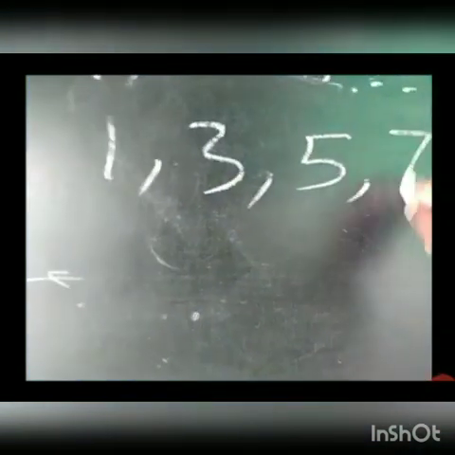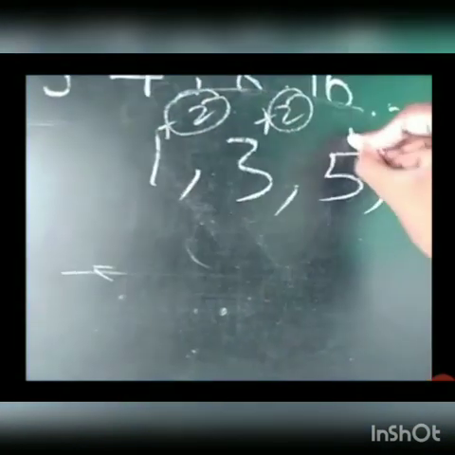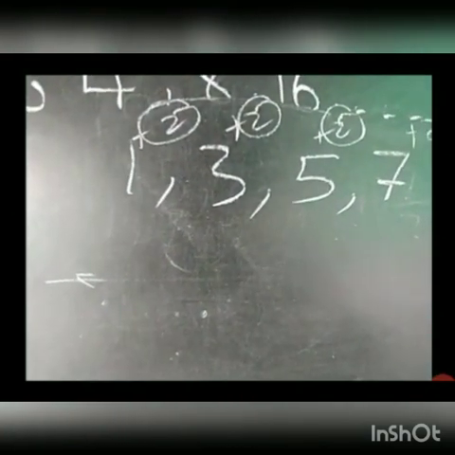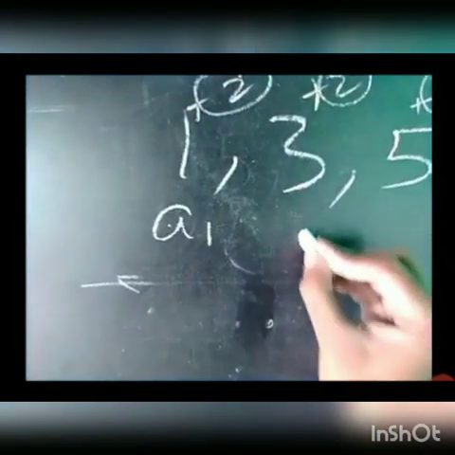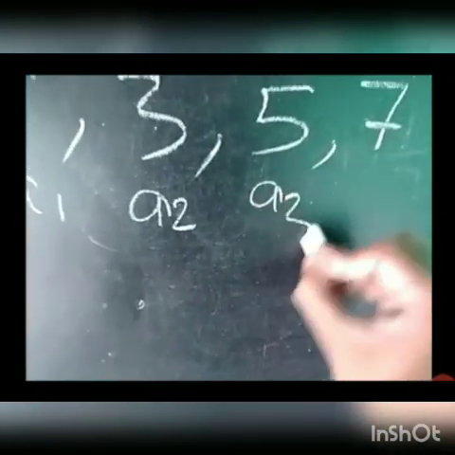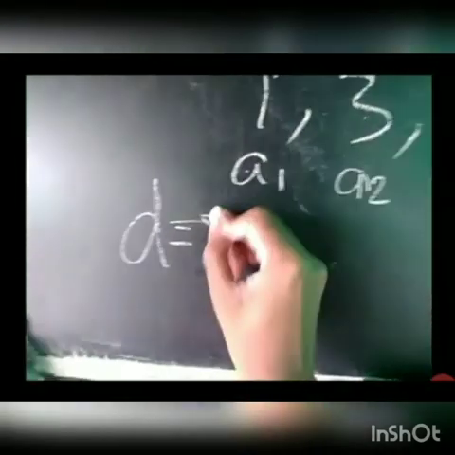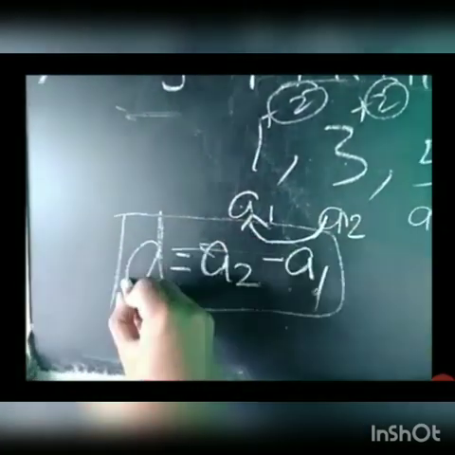For example, let me take the first example itself, 1, 3, 5, 7. In this case, you obviously know that if we add plus 2 to each term, we get the next consecutive term, so it forms an AP. It is one way of finding whether it forms an AP. What is the other way? Look here properly. This is A1, A2 is 3, A3 is 5 and A4 is 7, correct? To find the common difference, we were using the formula from the previous class, D equals A2 minus A1, correct? When we subtract the first term from the second term, we get the common difference.